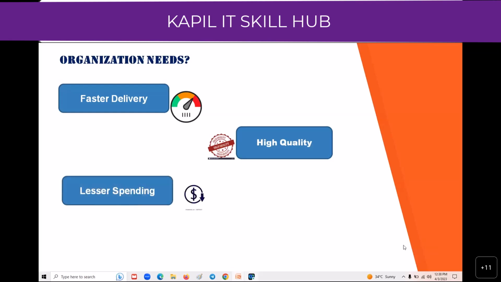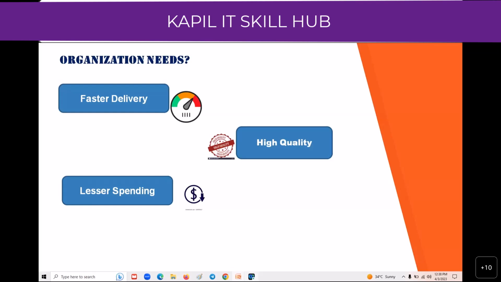Next one, lesser spending. Lesser spending in the sense, when you are delivering the two things, faster delivery and high quality services, you might be recruiting more people to work on this application to deliver continuous delivery and high quality services.